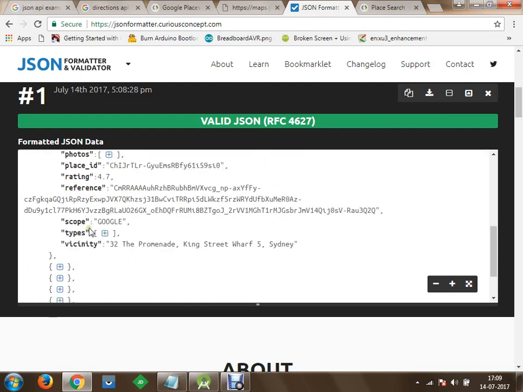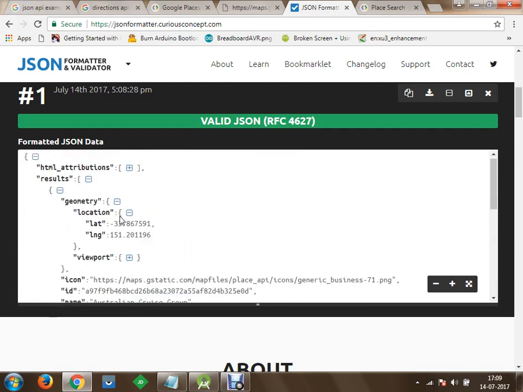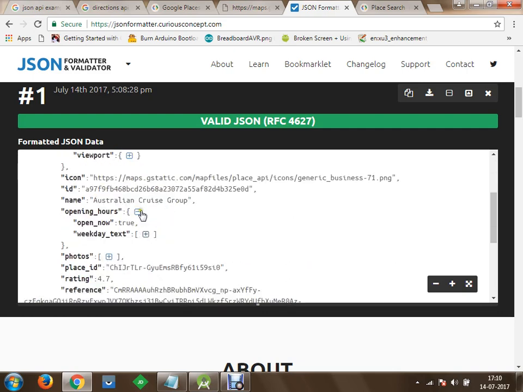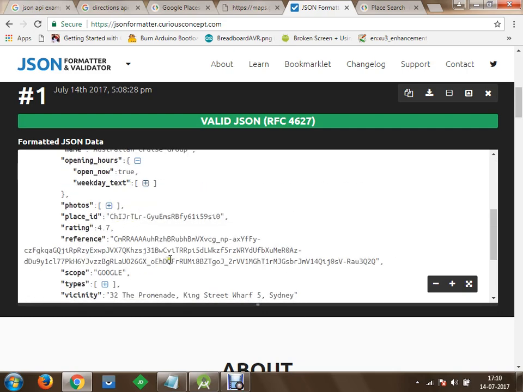Is that clear? So ये सारी चीज़ें मैं fetch करूँगा. आप कुछ भी fetch कर सकते हो. As per your requirement, you can fetch all the data which has been returned back. But as far as my business requirement is concerned, I will be able to get the location. I will be able to get the images from a URL back. Then I will get text information. I will get Boolean information. All types of information will be returned back to me. Those of the information which are not required for me, like reference, scope, types, I will ignore them.